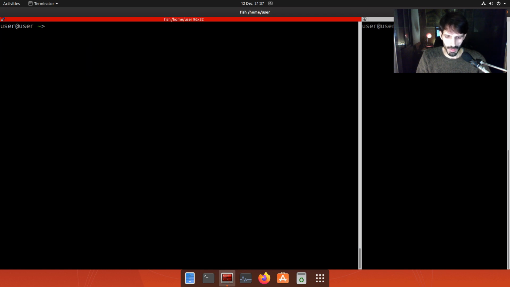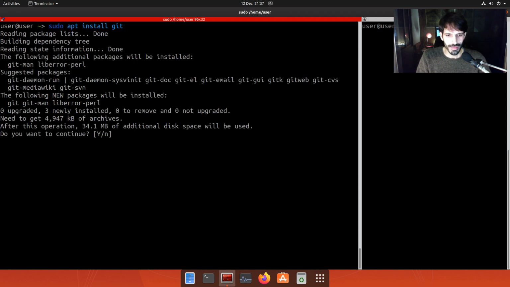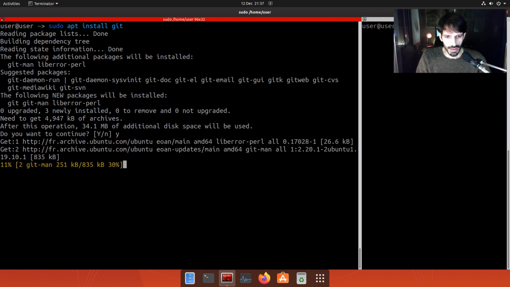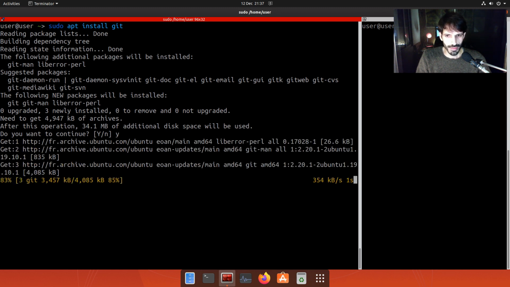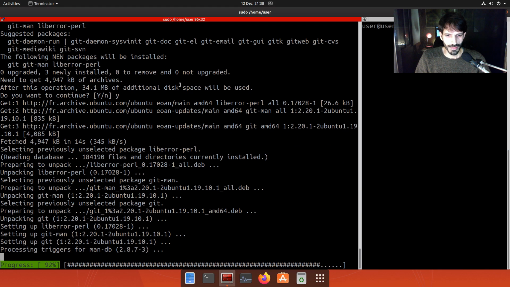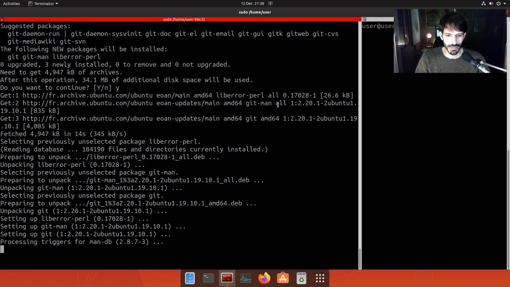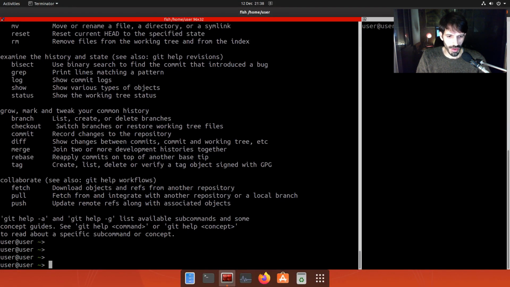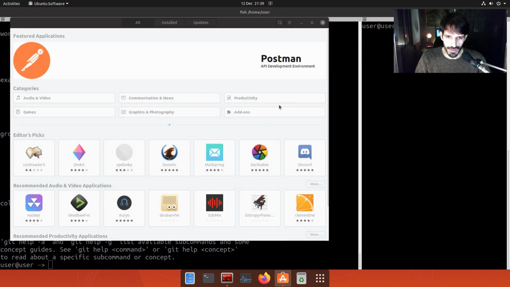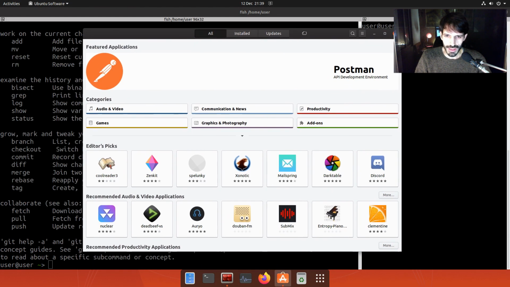Next up, we're most likely going to use Git. If you're a developer, you need Git. So here it is. But yet, if you want to inspect the commits and the content that you have been